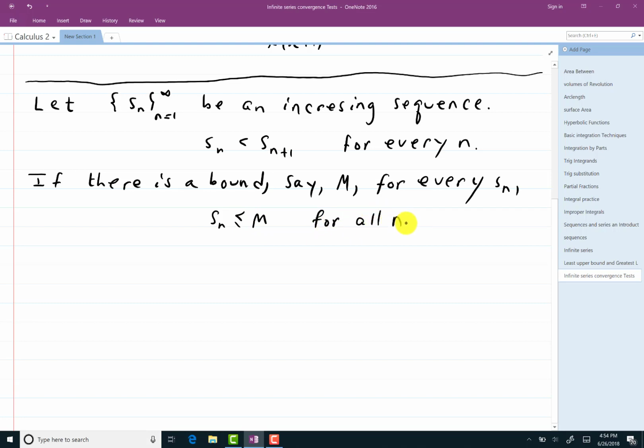And in fact, it doesn't have to be true for all n. It just has to be true for an n at some point on. But if it's true for n at some point on, the first n minus 1 terms are bounded anyways because they're just terms. So I can adjust this m to make sure that it counts for every single one of them, assuming that there is an m that bounds the last so many of them, if that makes any sense. So if there's a bound, okay, then